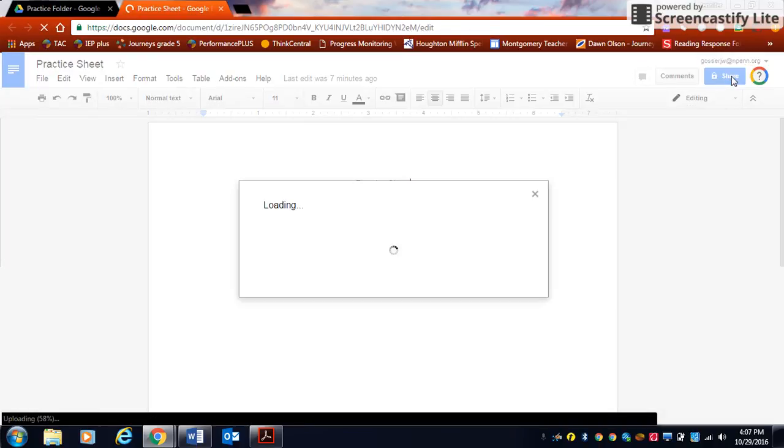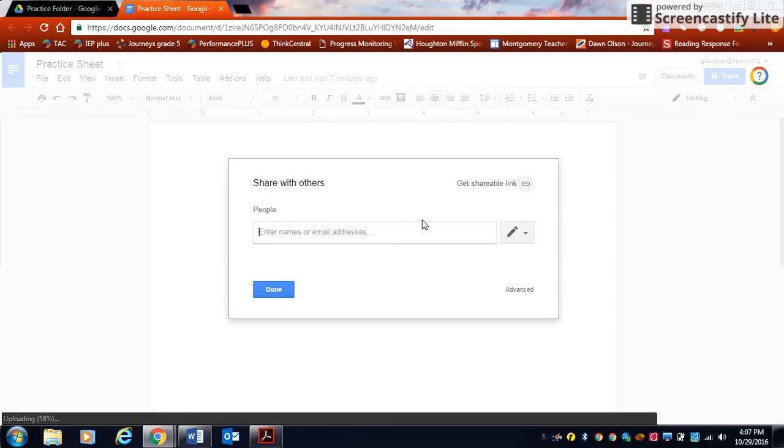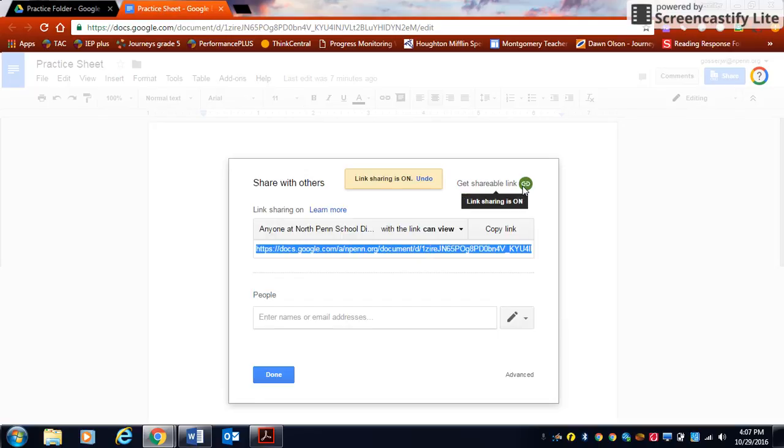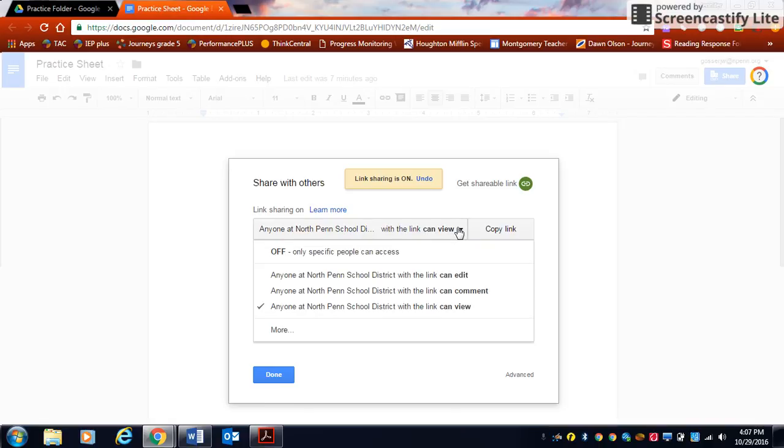If you want to share it from here, you would open up your share, and this is the screen that you'll work through. You can individually type an email address directly into this box and hit done, and it will send this link to it, or you can also get a shareable link. If you click that shareable link, it will now create a link for your document. If you notice it says anyone can view, you can also change it to anyone with this link can edit,